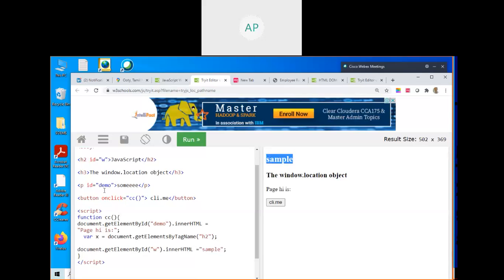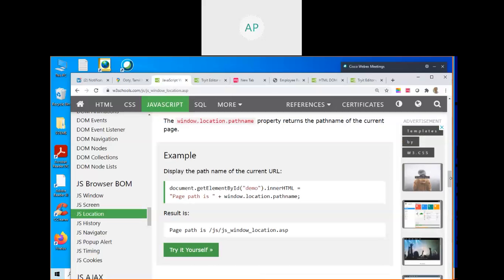See here, sample. So what I did, I retrieved this one. After that, I changed it to sample. But this is not the way. By using document dot get element by tag name, and after that get element by tag name, or let's get by name. Anyway, what we can do now is dynamically change the content of the screen by using JavaScript. If you go and see, there are a lot of examples available which you can learn one by one. So now we will see my code.